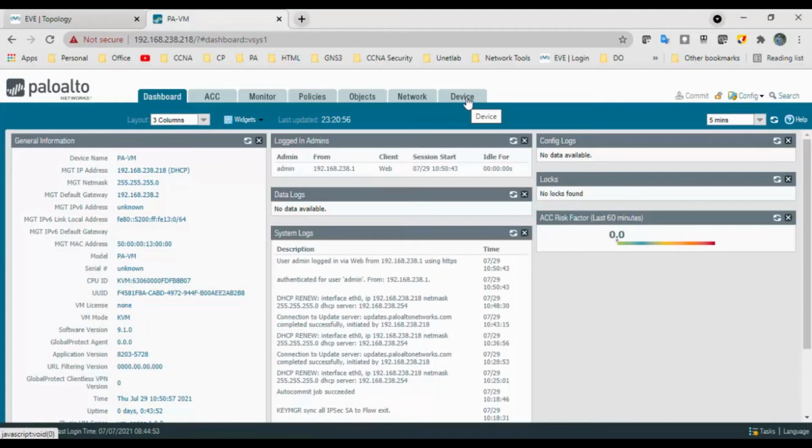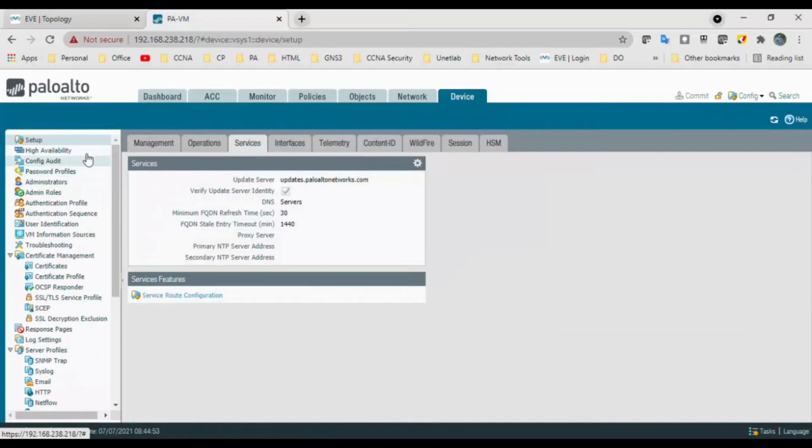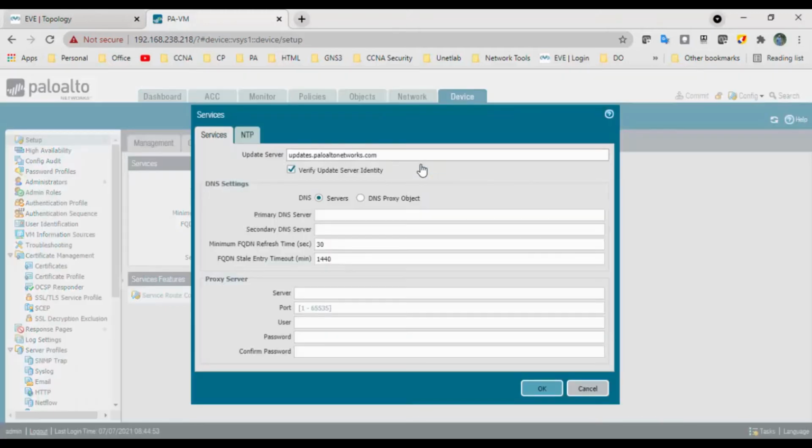To configure DNS, go to Device and Setup. In that, go to Services and click on the gear icon. So you can see here the update services. Basically, the update server is updates.paloaltonetworks.com. It represents the IP address or host name of the server from which to download updates from Palo Alto Networks.